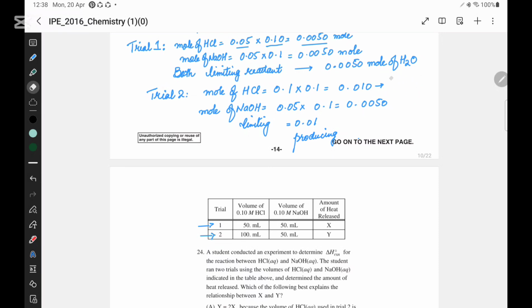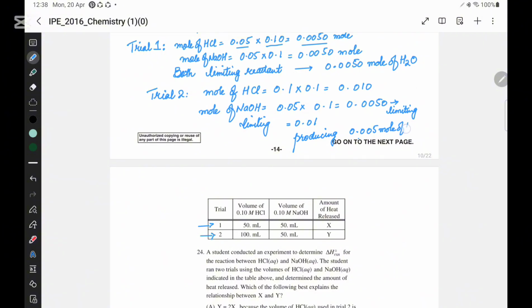So the limiting reactant here is also NaOH, because that has the least number of moles, and it controls the amount of product, so it would also produce 0.005